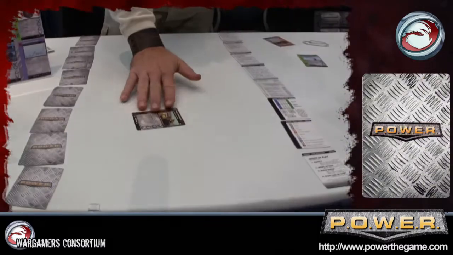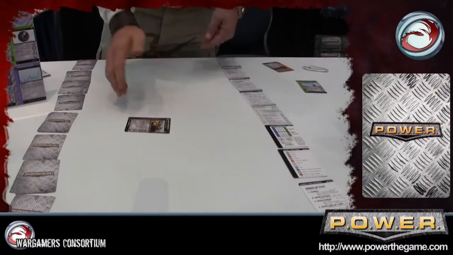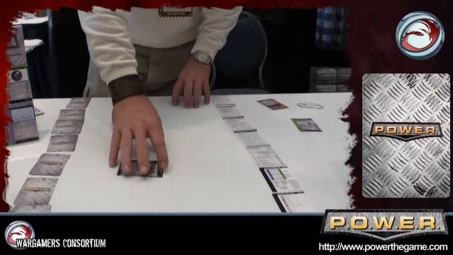Now, what does it mean when you have a sideways card? You can't shoot again. You can still move. And to win the game, you need an infantry or tank, so this card could actually still win. But how do you supply midfield? That's why we have supply units